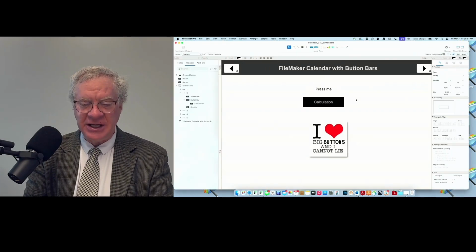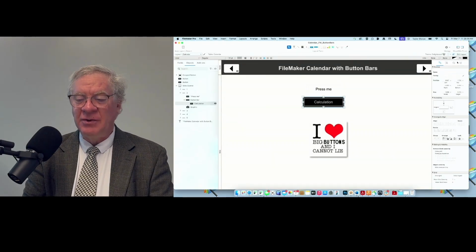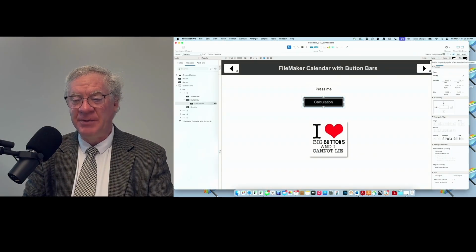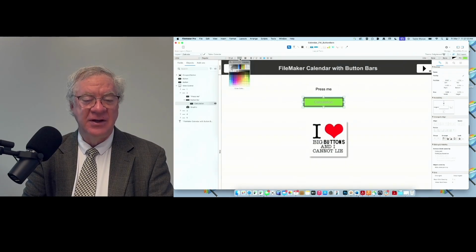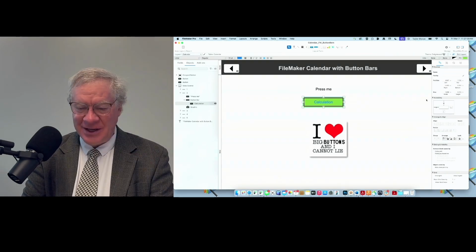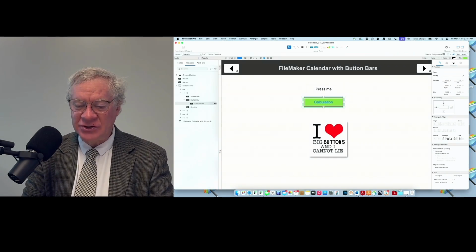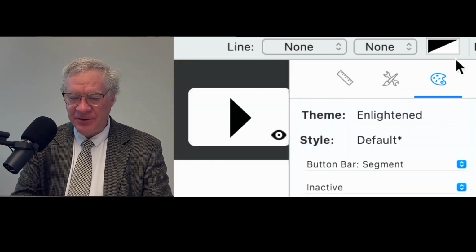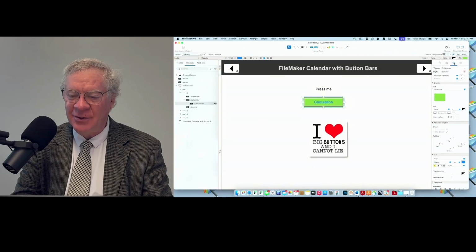But in addition, we've got buttons that, well, of course, you can do all the other things you could with a button too. We can change colors and we can make it all kinds of ugly, whatever. And yeah, I can't read that, but you can do all kinds of things. But you also have over here in your toolbar under the, I don't know, what do you call this palette thing?